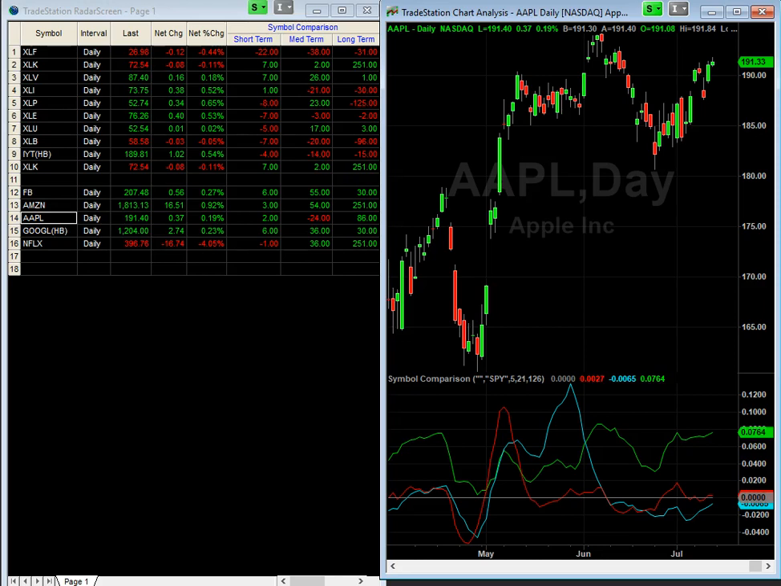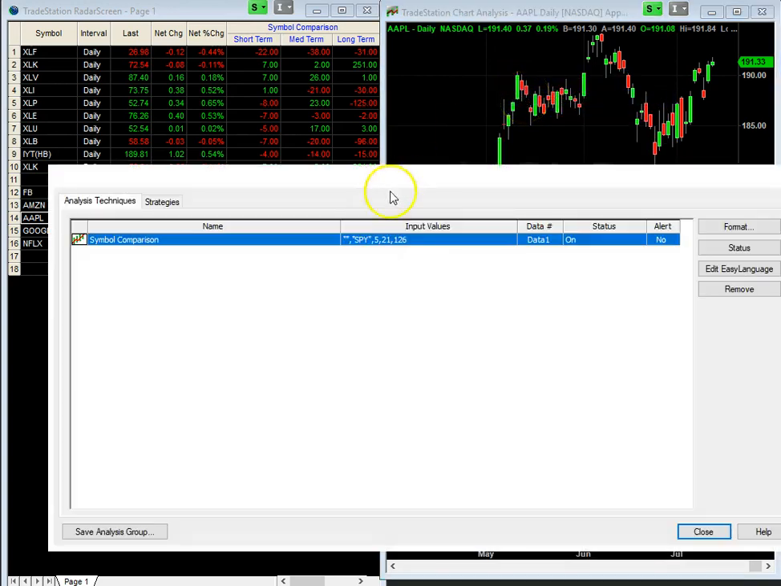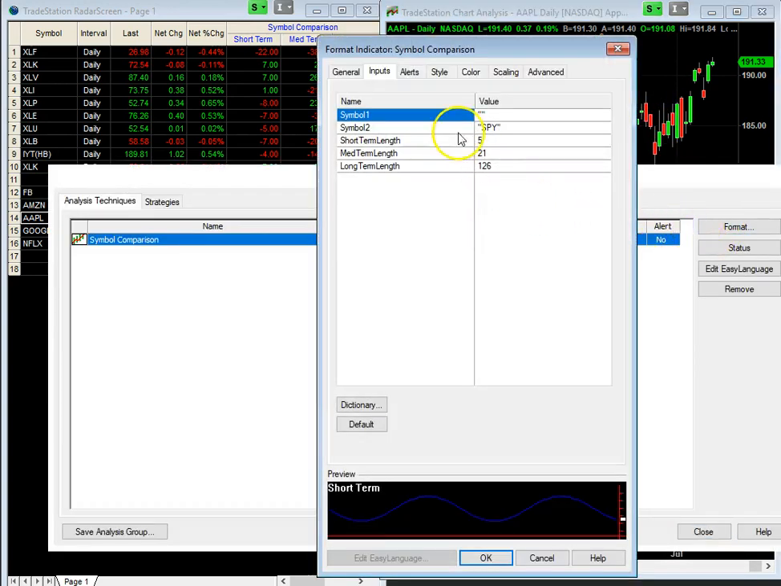Okay, I've got a chart pulled up in RadarScreen, and the indicator applied with the default settings in both cases. So you can see Apple, and basically what the indicator shows you is how it's performing versus the reference symbol. So in the default, I'll show you the setup here. You can compare any two symbols on a chart if you want, and we'll show you that later, but if you leave this blank, then it just uses the symbol that's on the chart, or the